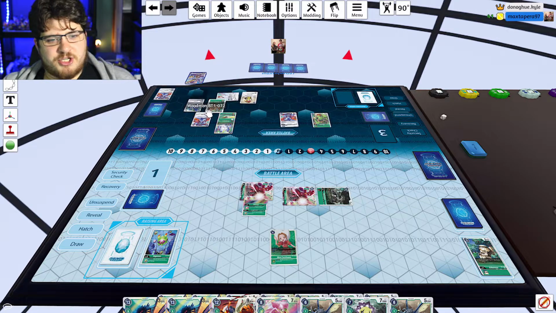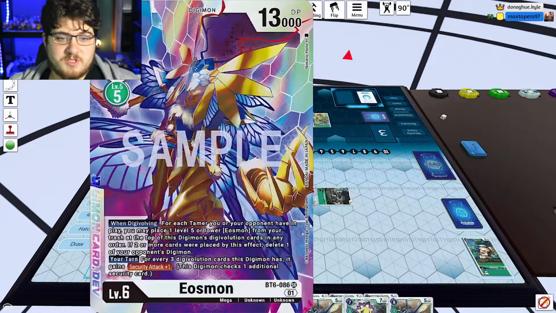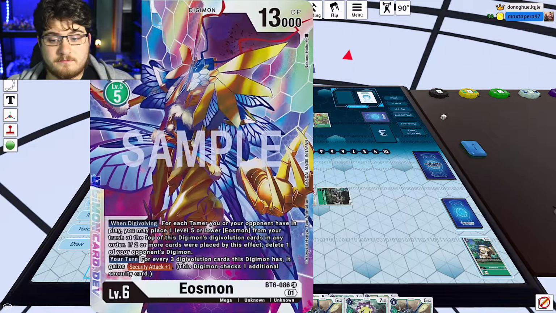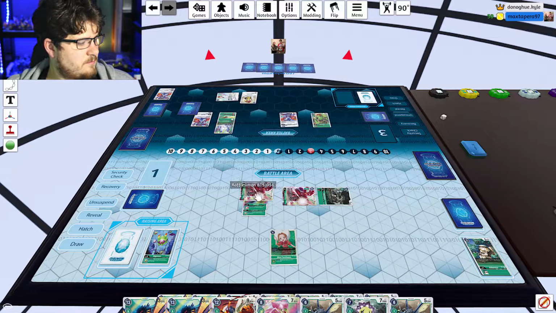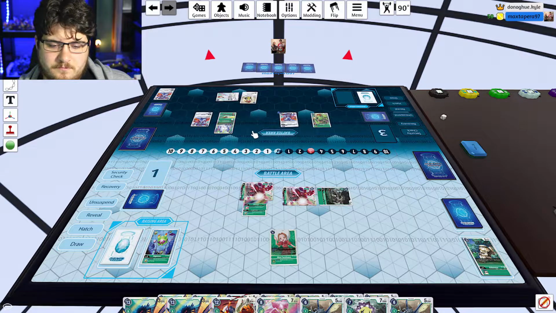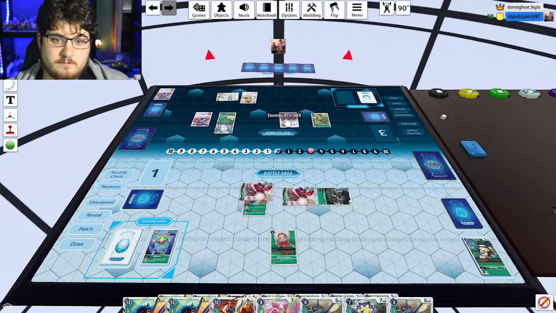So probably gonna take the champion Eosmon, and if he has already the Mega, so it's probably gonna be that. I wouldn't be surprised. Champion is taken. The gonna be the lucky one. On deck you go. On Eosmon, let's get